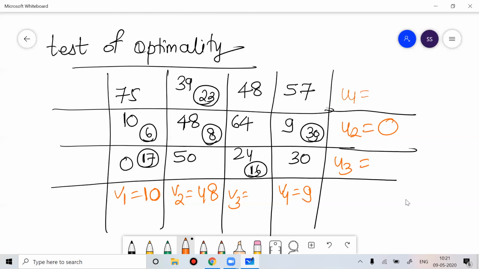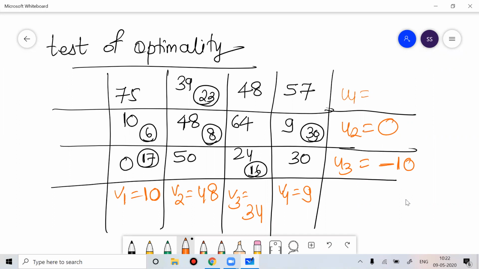9. I believe by this time, no need for me to explain the same thing again. By this time, you are very confident, because I think for the last 7-8 classes we are doing only this. So this would be minus 10. So this would be 34. Okay, so this would be 39 minus 48. So this would be minus 9.